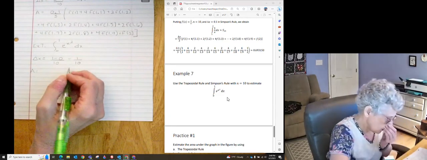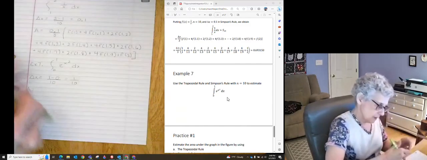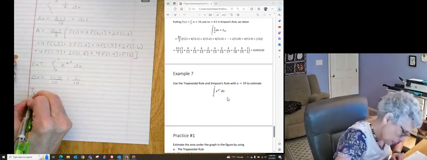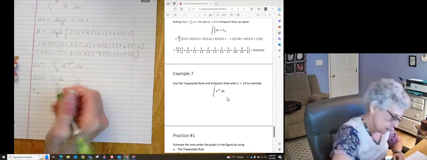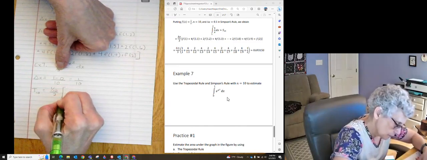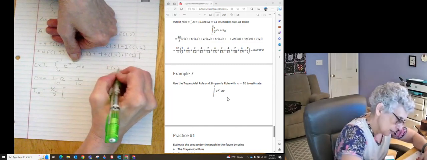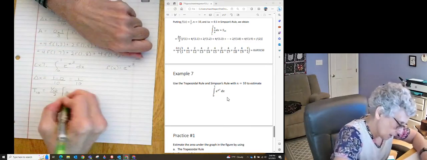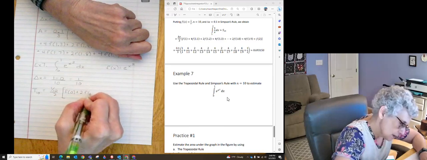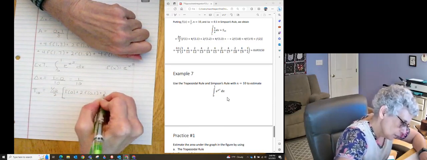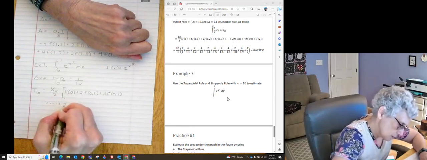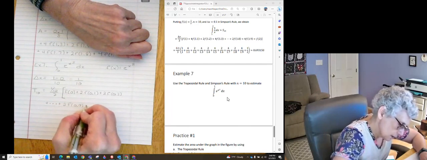So the area under the curve is going to be equal to, and let's give it its appropriate name, the trapezoid rule with 10 sections would be equal to 1/10 over 2, and I'm going to call this f of x again, and I would have f of 0 plus 2 times f of 0.1 plus 2 times f of 0.2 plus 2 times f of 0.9 plus